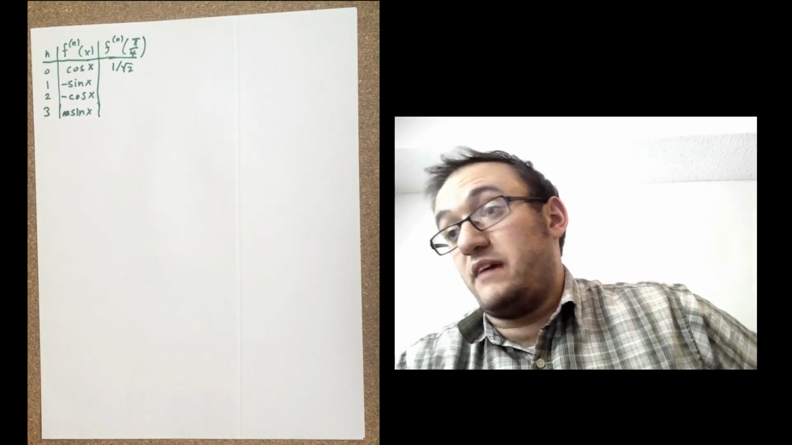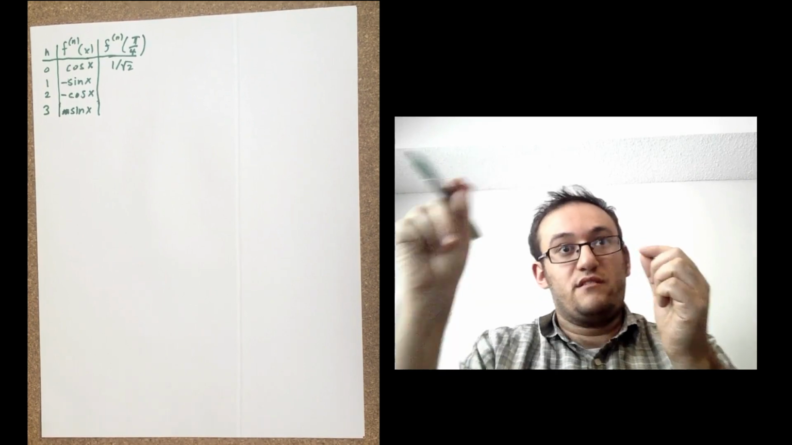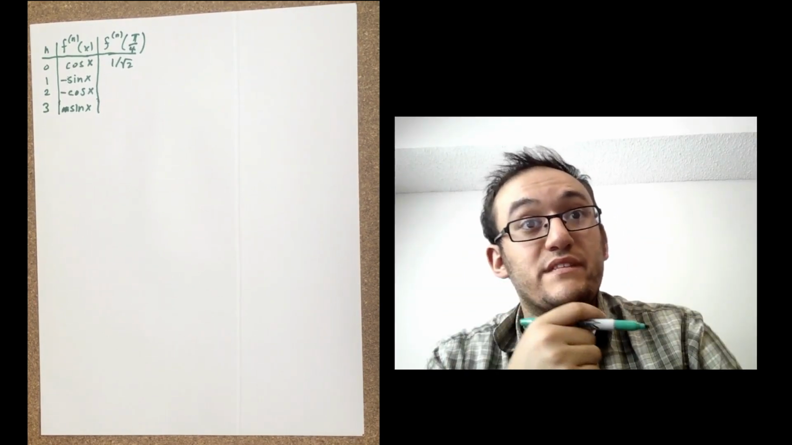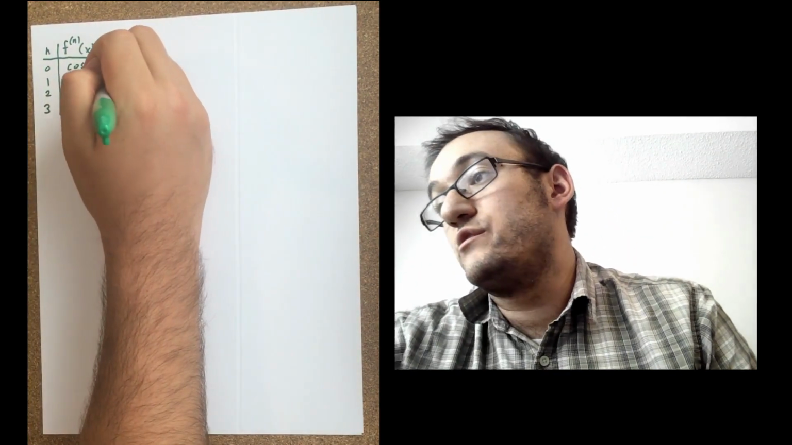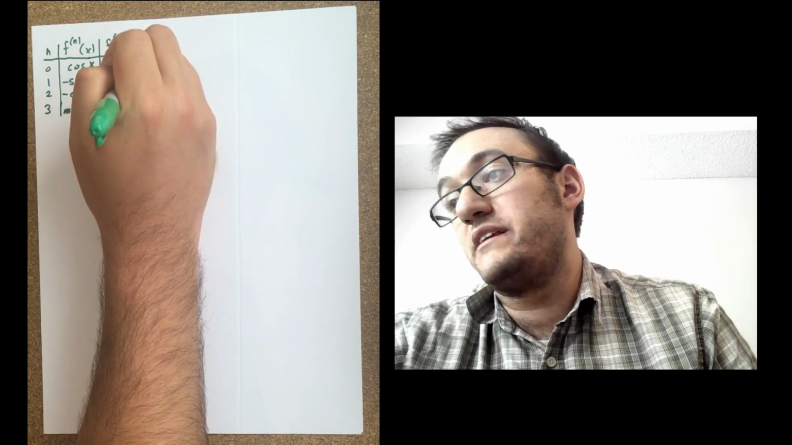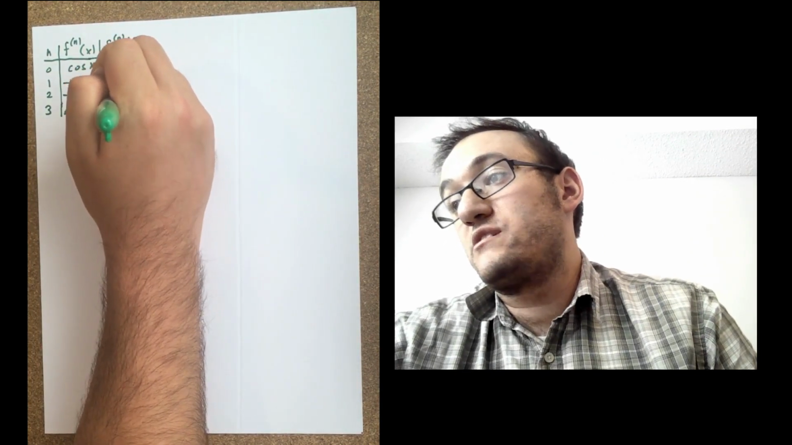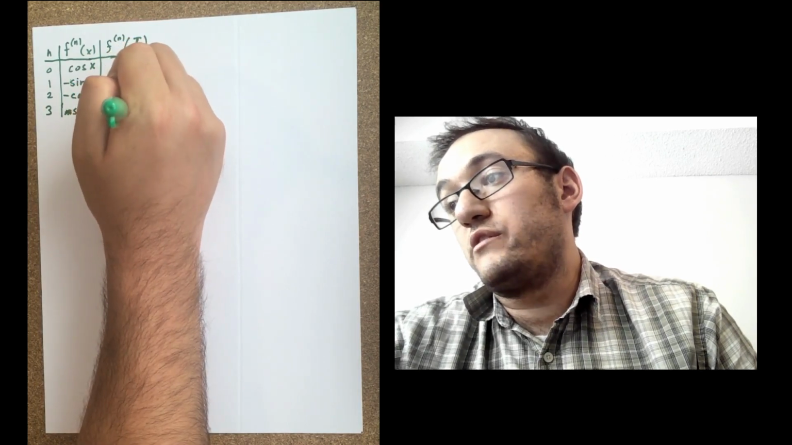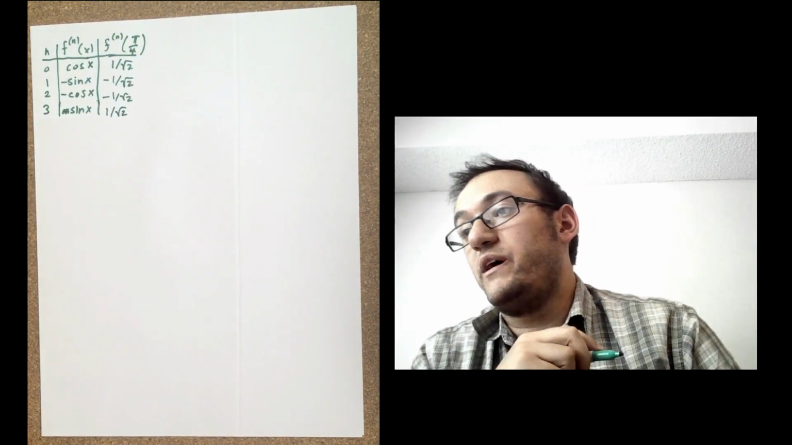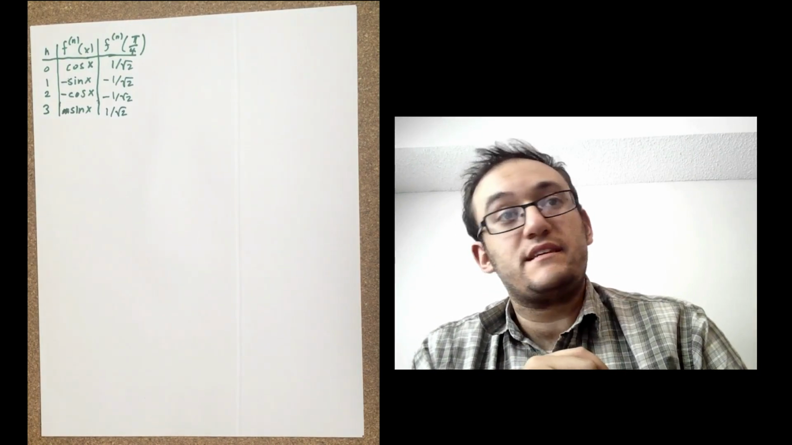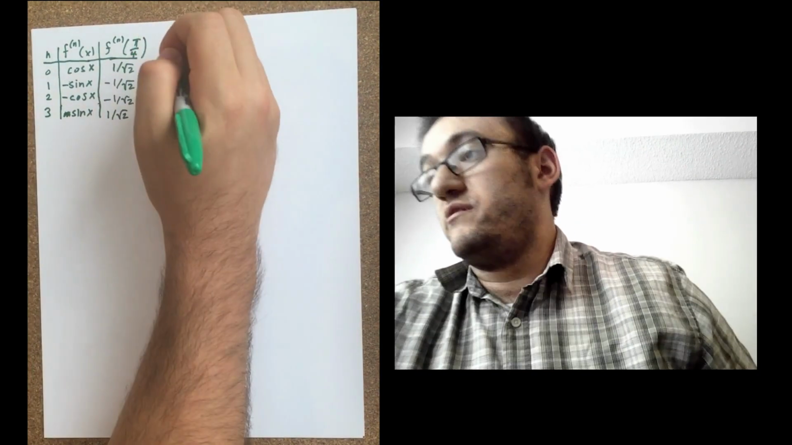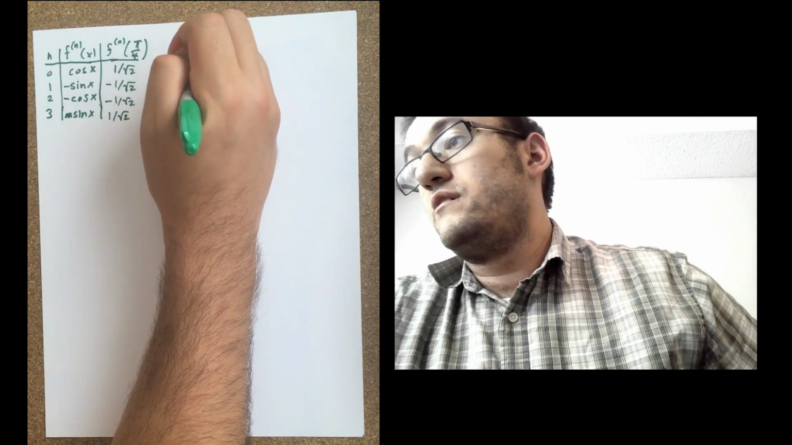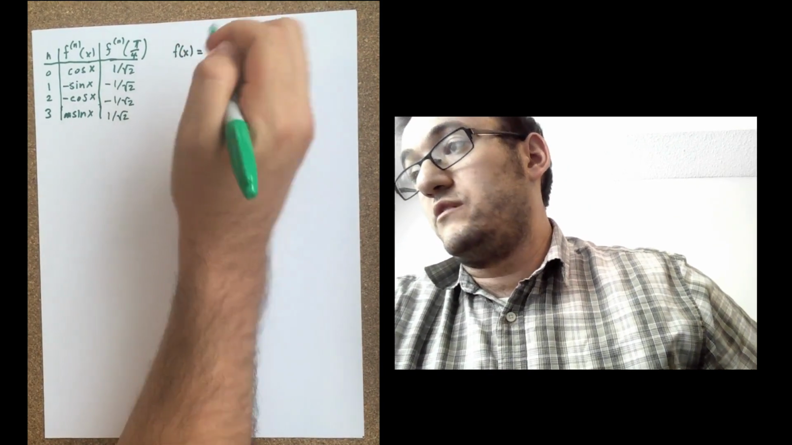Sine is going to be the same, because both the adjacent and the opposite have the same length. So minus sine x is minus 1 over square root of 2. Minus cosine x is minus 1 over square root of 2. Sine x is 1 over square root of 2. Okay? So when we plug this into our formula for the Taylor series, we get f of x equals,